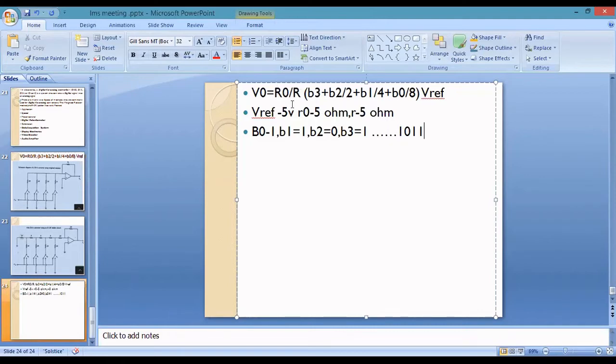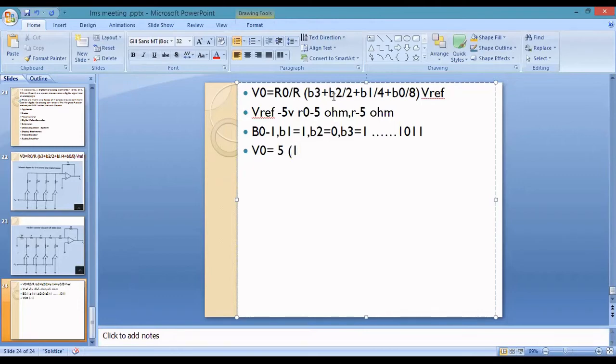So here I am substituting R0 equal to 5, R equal to 5. If you substitute 5 by 5, you will get 1. This value is called the reference, that is I am taking as 5. So V out is equal to 5 into B3. The B3 value is 1. Next, what about B2?